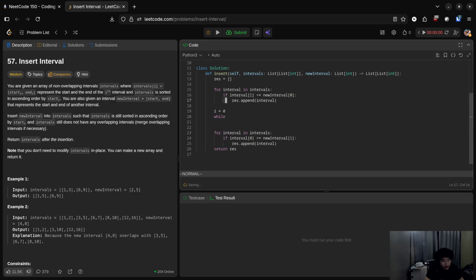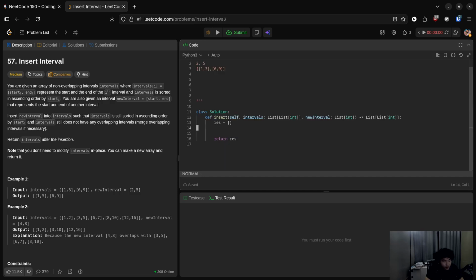Never mind, I screwed this up. Let's do a while loop. I want to do it in one go, so I don't have to do triple for loops for no reason. Let's do this. While i is less than length of intervals, i plus 1. Res dot append intervals of i